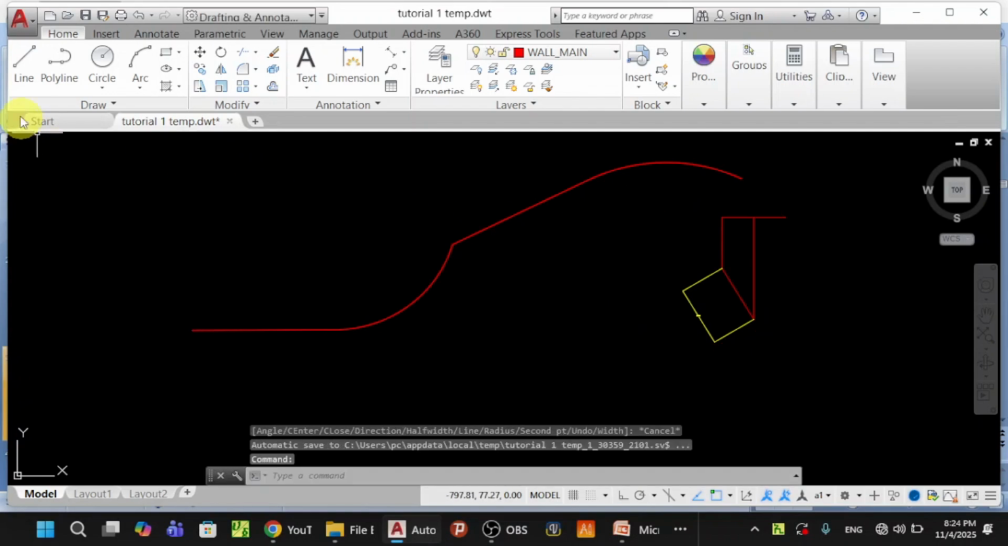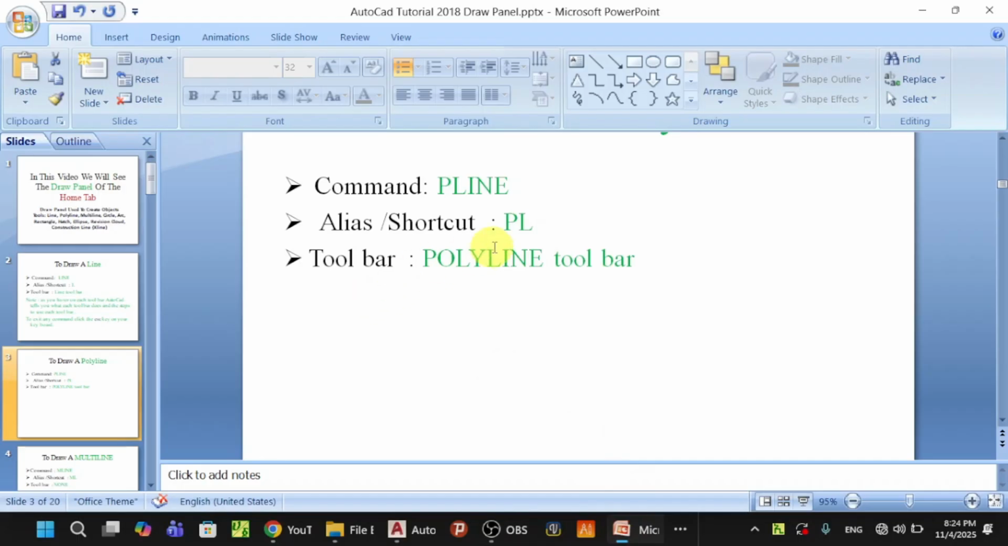If you use the shortcut or the toolbar, it's all the same. So you can go ahead and try using toolbars, or writing the shortcut PL in the command line, and see if there is a difference or not. There is no difference. That's how you draw a polyline. The third one is to draw